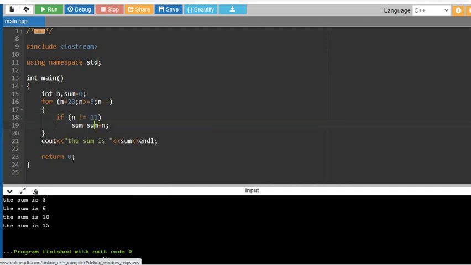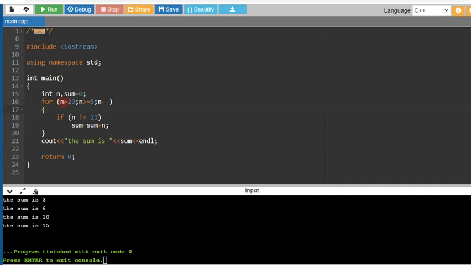It means if n is not 11, then only the sum will be found. Otherwise, if n is 11, it will continue the loop, but it won't include 11 in the sum.